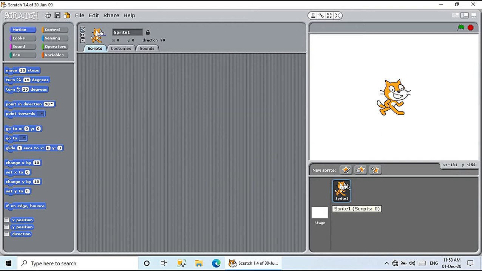So this software Scratch is also an educational software. It is very easy to use and learn, and you can create your interactive stories, games and animations using this software. And it makes use of block-based programming. Block-based programming means you do not have to learn any particular computer programming language for it. Instead, you have to place the blocks in the right order, just as you place your Lego building blocks.